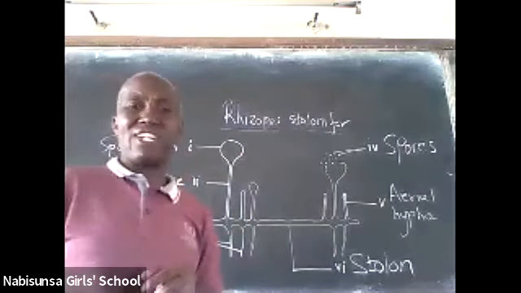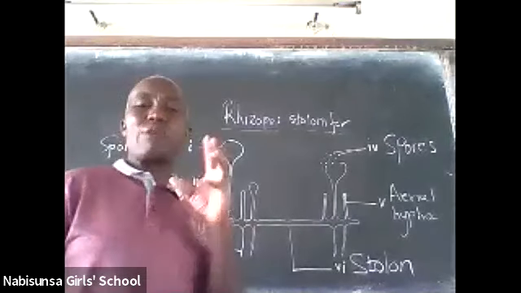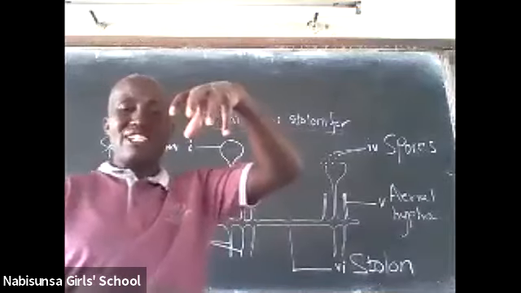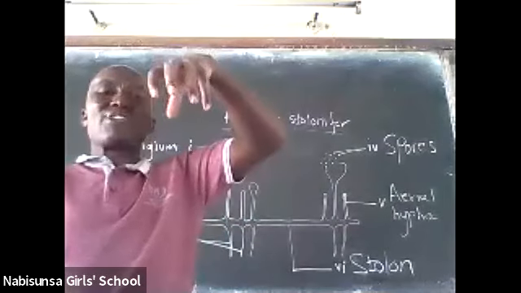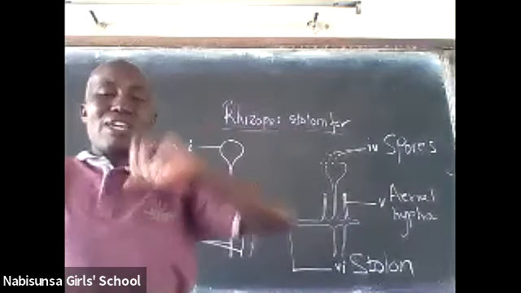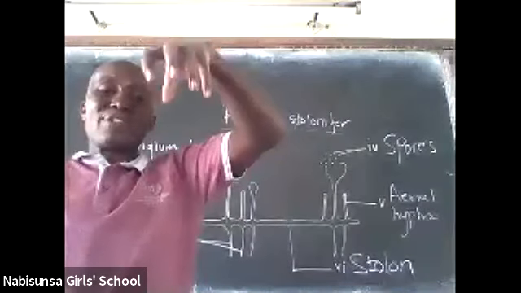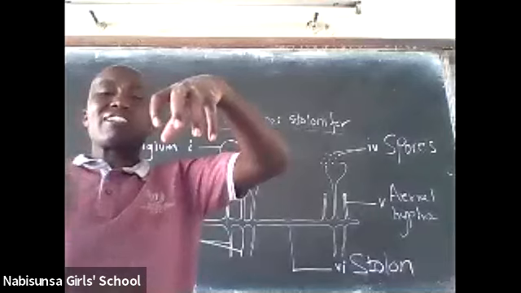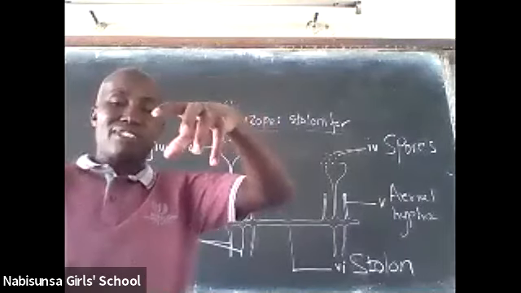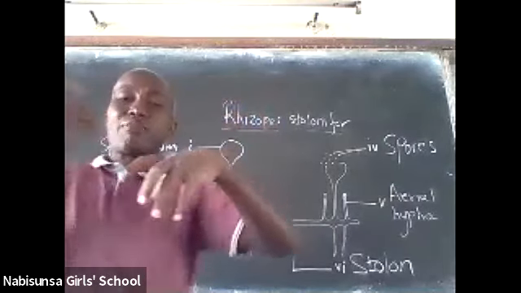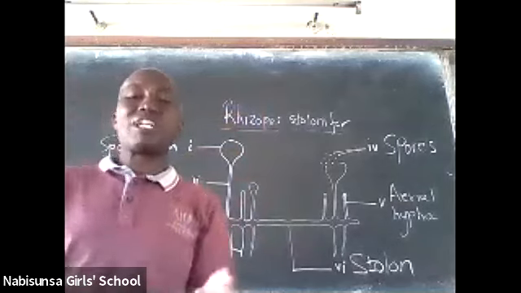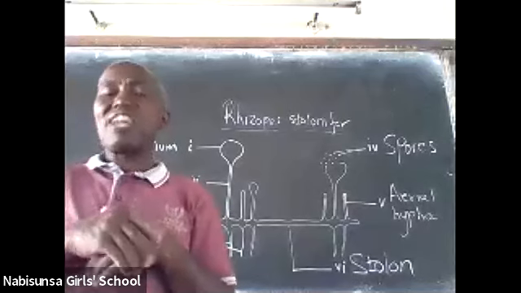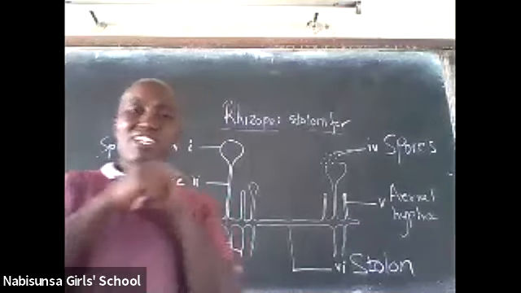But then how does it feed on the bread? How it feeds is this way. When it develops onto the bread, it sends out rhizoids into the bread. Once those rhizoids grow into the bread, they release digestive substances, enzymes. Those enzymes digest the bread, and then the products of digestion are absorbed into the rhizoids. That is how these organisms feed.